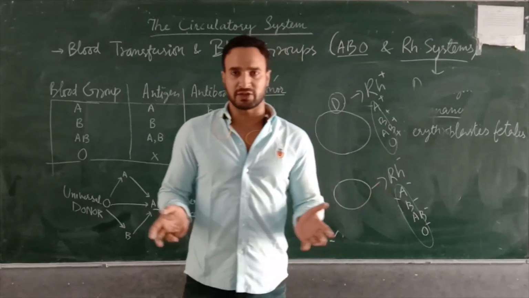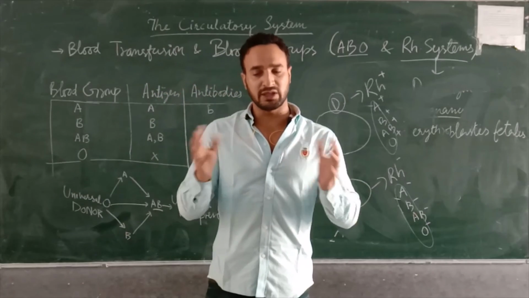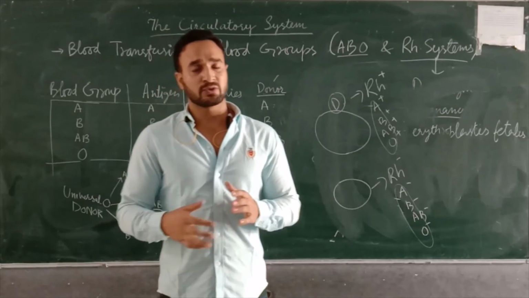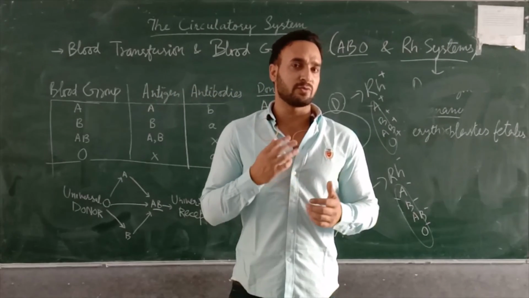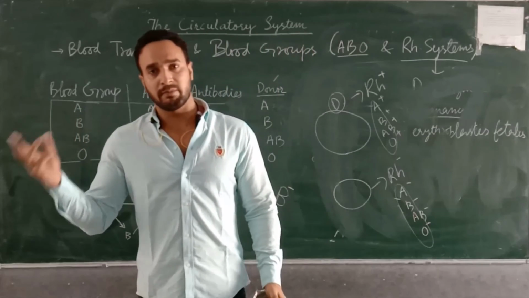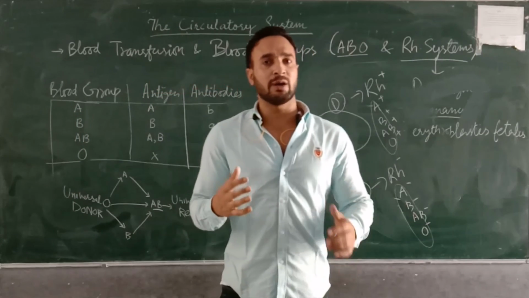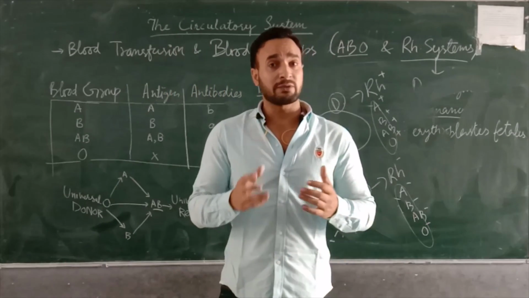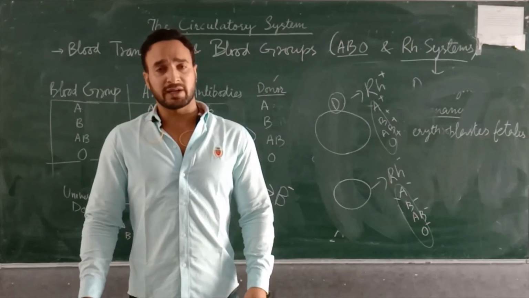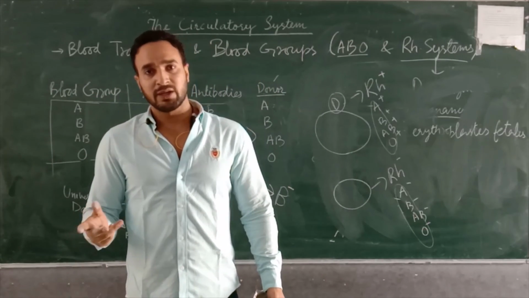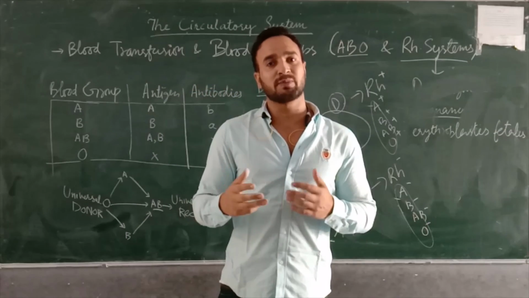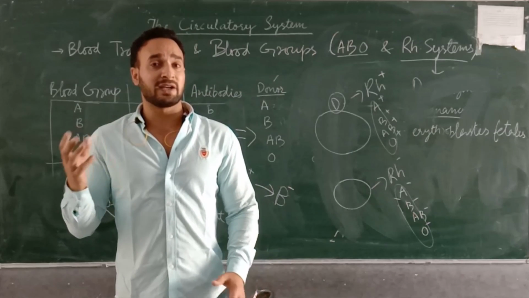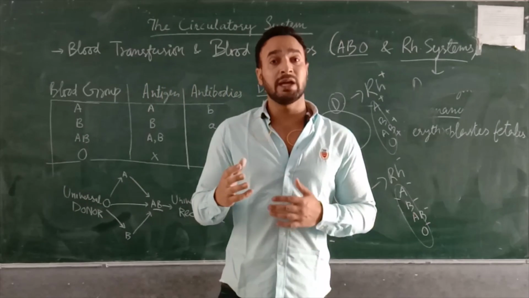It does not have any complication because the blood transfusion did not happen during the pregnancy time. The exposure happened only during the delivery time, right? So during delivery time, this Rh positive factor blood travels to the mother. Now the mother will develop antibodies against this Rh factor. So what will happen during subsequent pregnancies or future pregnancies? If the baby happens to be Rh positive again, then the mother's antibodies against that Rh factor may prove fatal